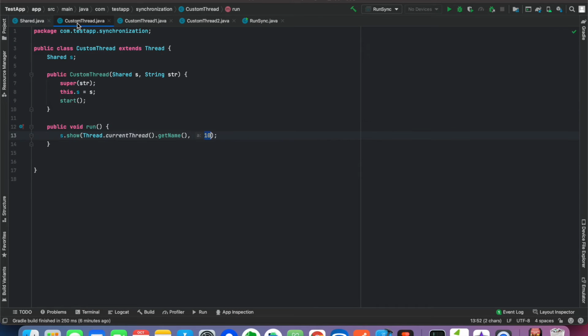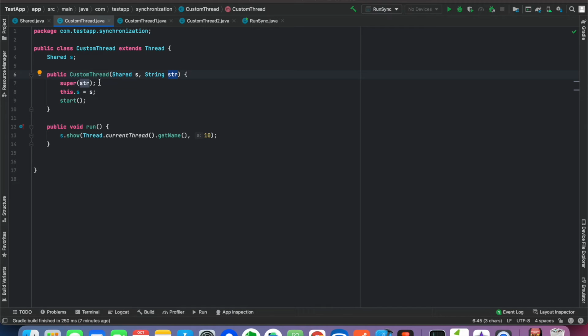Now I have created a thread class called CustomThread that will extend Thread, as I showed you in the previous synchronization discussion. Here is the reference of the Shared class called s, and this is the public constructor of the CustomThread class. It has two parameters, Shared s and String str.